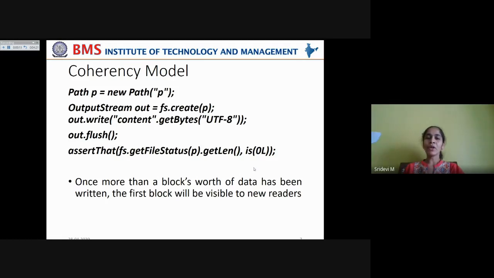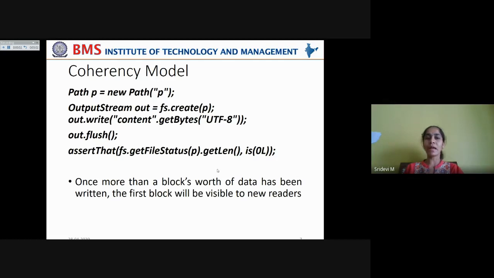Why? Because though the stream of data is flushed out of the output stream, it is still in the process of being written. So it will not be reflected until the whole block is completed being written on the disk. In order to make the content being written to the file visible to the client, you should see that the entire block is written. If only a buffer of data is flushed and written onto the disk, it is not visible to the user.